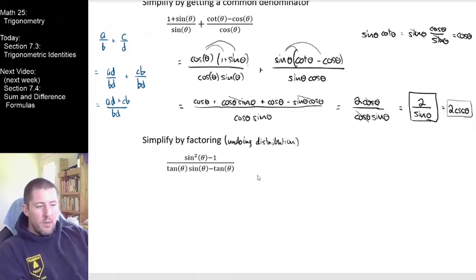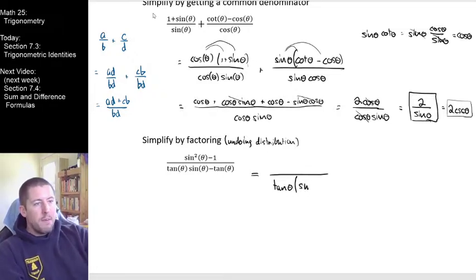Well, I think there's one easy one to see and one hard one to see for this guy right here. I think the easy one to see is in the denominator. In the denominator down here, I have two terms, tangent theta sine theta, and tangent theta. What I'm seeing here is that the first term has a factor of tangent, and the second term has a factor of tangent. Therefore, it seems reasonable for me to factor out a tangent from this guy. What do I have remaining from the first term? Remaining from the first term, what I didn't factor out is the sine term,